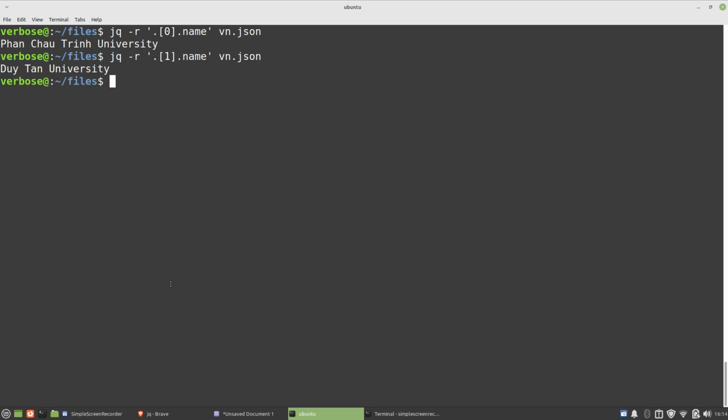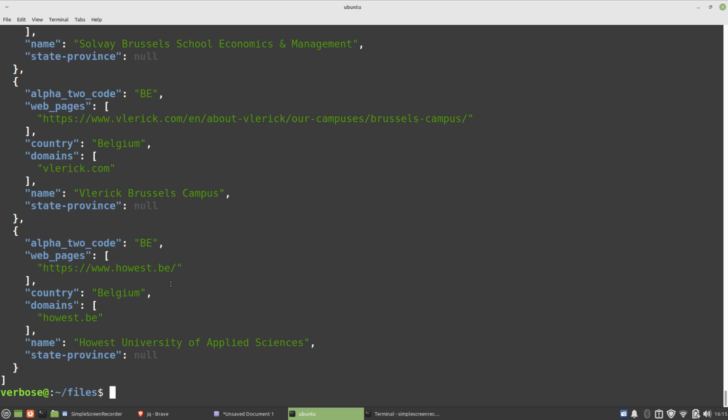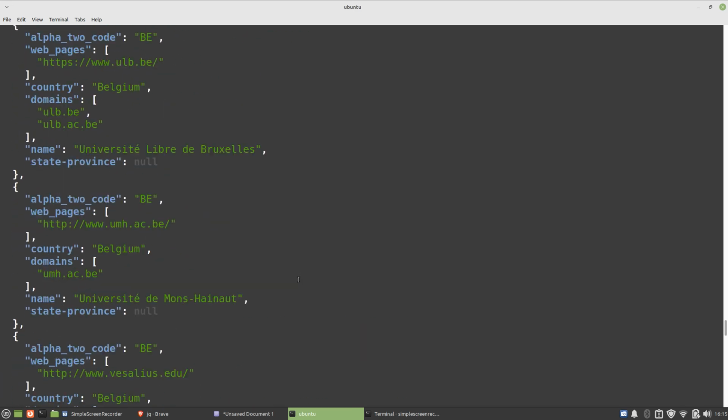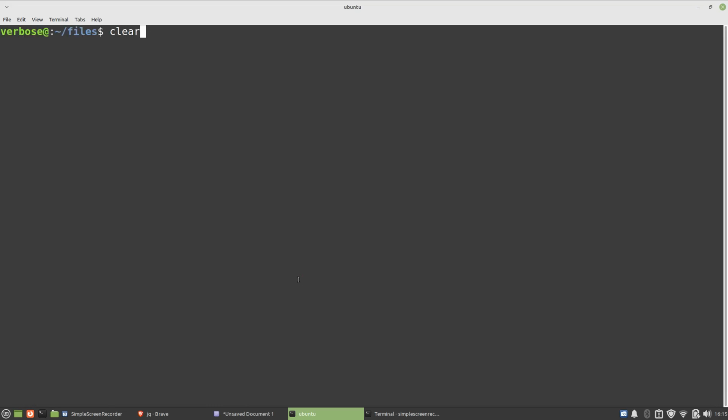So that's pretty cool. Something else that you can also do, so if I, for example, what I'm going to do is I'm going to scroll all the way back to here. I'm going to download Belgium, because I know that there's many more universities for Belgium. And in fact, I'm only going to do a few queries, so I'm not going to resave the file. Let's just do this. And if I just demonstrate to you first of all these records, and there's several dozen,